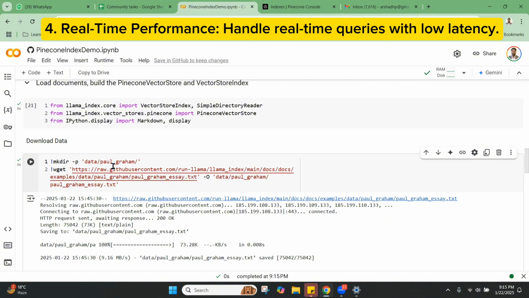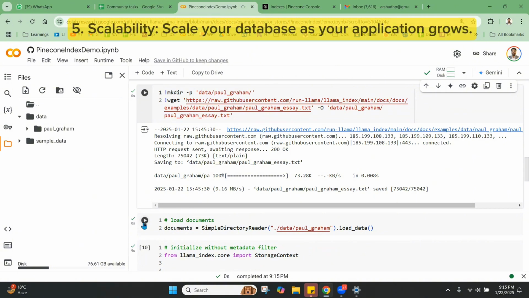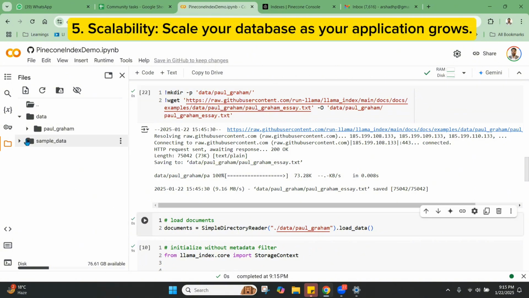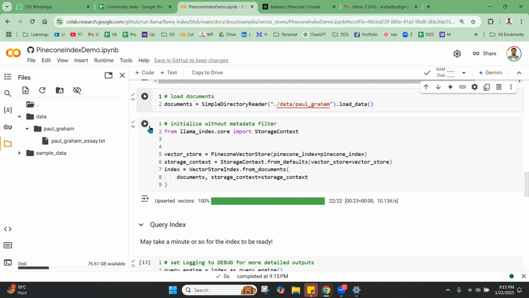Paul Graham's essay is loaded to this directory. If you go here and click this directory, you can see the data. First I've created the data, then I'm going to load this data here. So now you can see Paul Graham has come here. I created the data, I loaded the data with Paul Graham essay text, and now I'm using my vector database